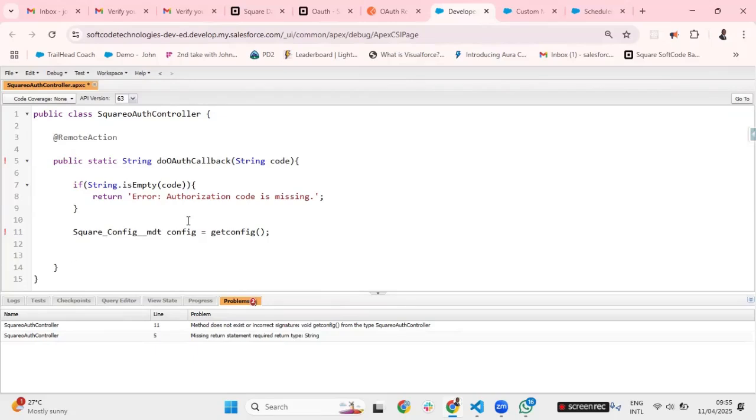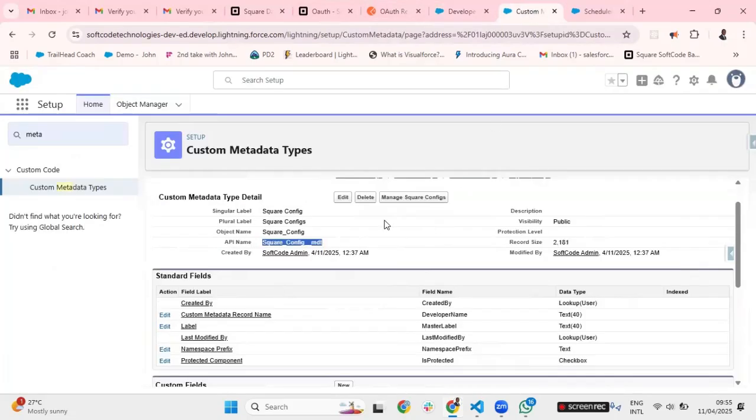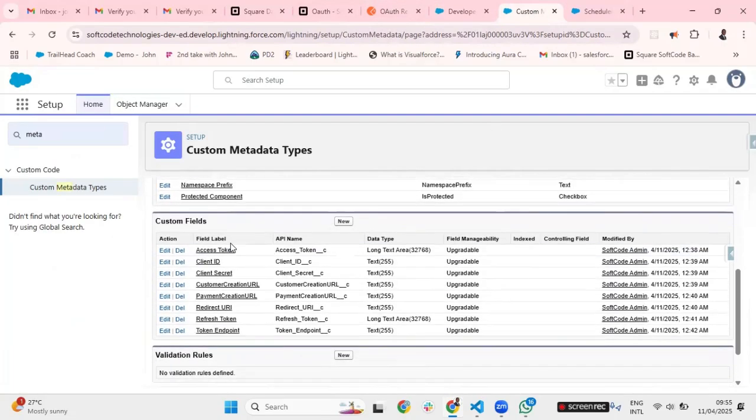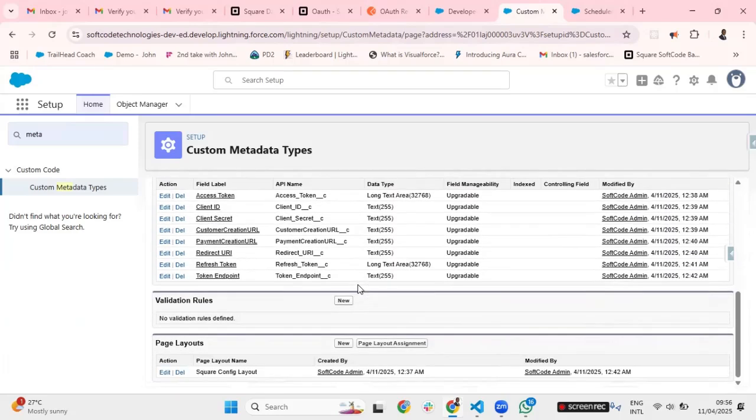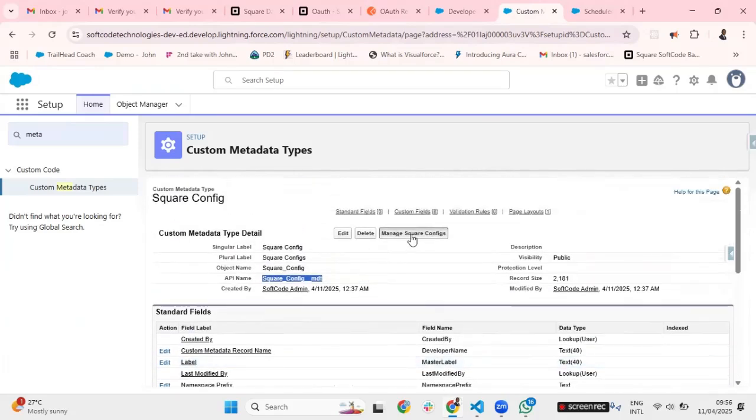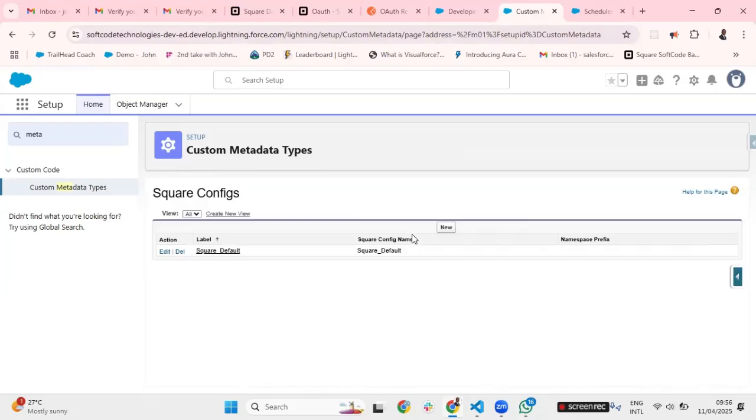Let's go there so you can see what you have built. You have built client ID, you have built secret ID, we have built the redirect URI, and then we have been able to build the token endpoints. All these already have values. So you go to manage Square,